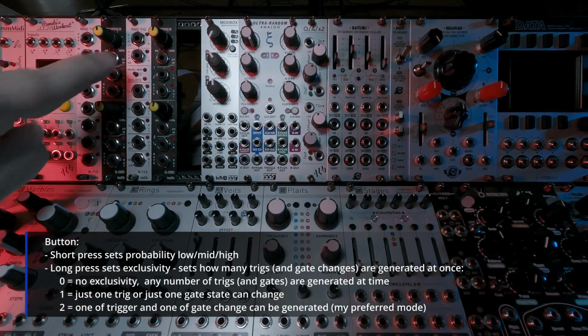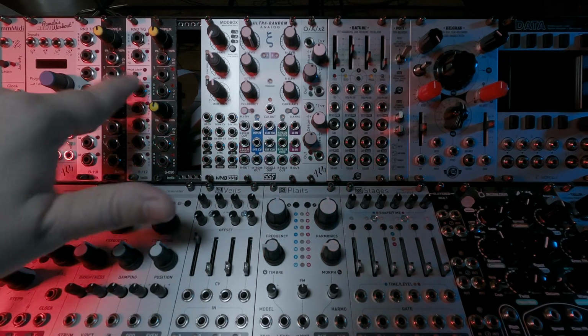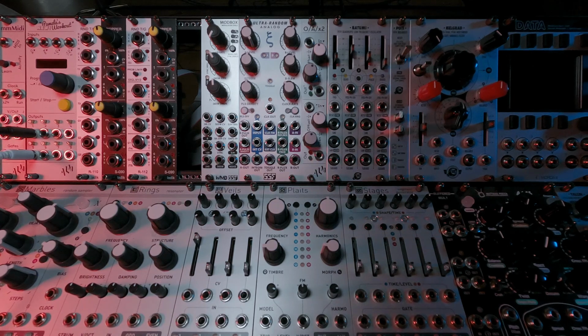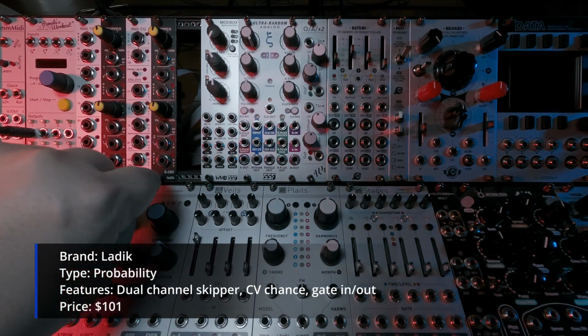So I'm not familiar with how to use all that yet. All I'm really showing is that I wanted another random trigger, and this is what I got. It wound up being slightly different and looks fancier, to be honest. It looks better. The second thing I picked up additionally was, of course, the 090 dual probability skipper, also purchased